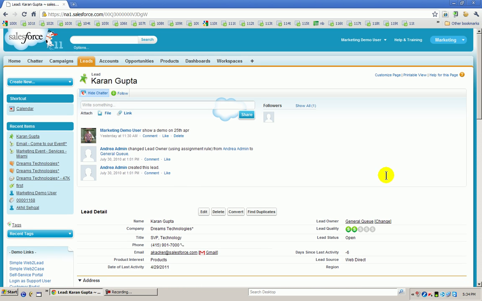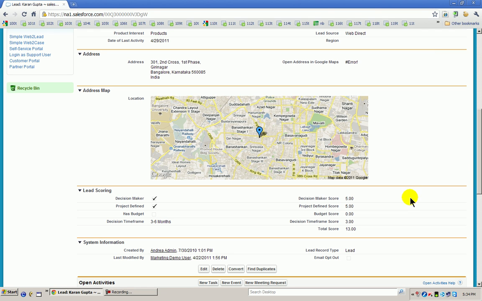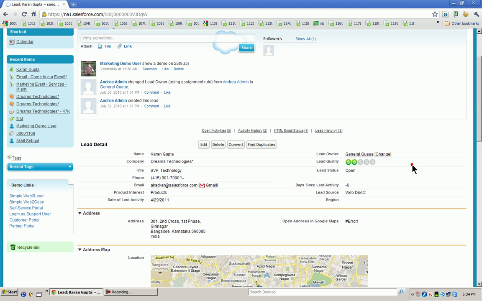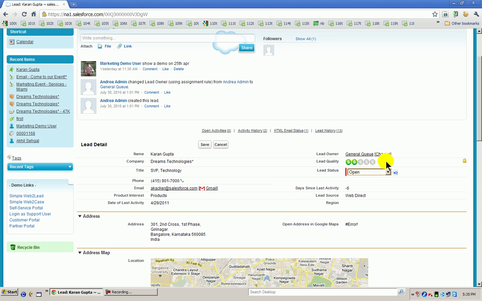The moment you enter the data, it shows the name of the person, what is his title, phone number, what is the product interest. So you have so many products, what is the last date of activity, who is the owner for this particular lead, which sales guy, the lead status. Lead quality I can also put in. Status is lead open. Quality will come automatically, it's based on certain criteria. You have to define the criteria, and I'll show you that.